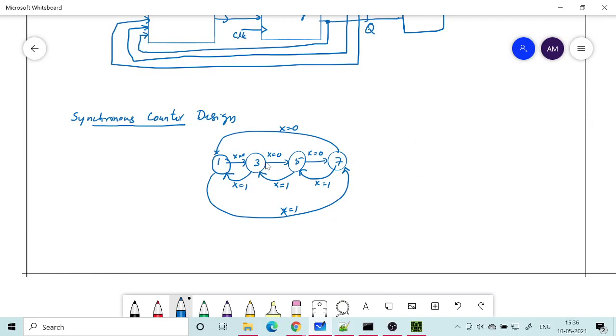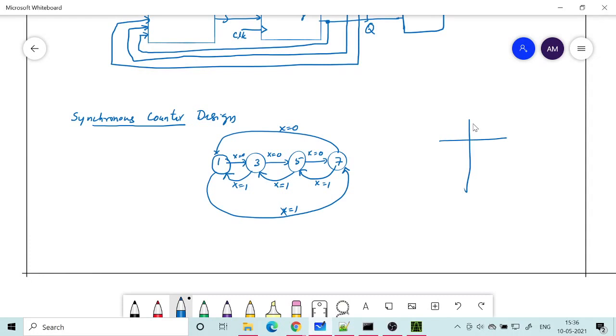You see, there are only 4 states here. It is only going through the odd numbers, so you can have 2 bits also possible. But if you want these counts 1, 3, 5, then either you can design it with 3 bits and directly take the state output, or you design it with 2 flip-flops and then use some combinational circuit to generate 1, 3, 5, 7 from those 2 bits.